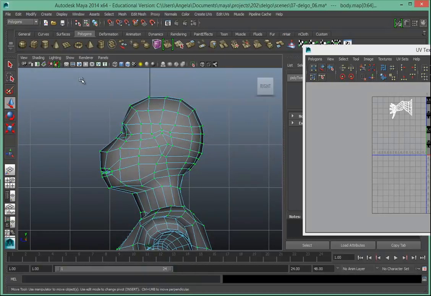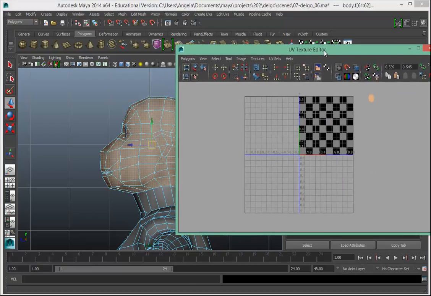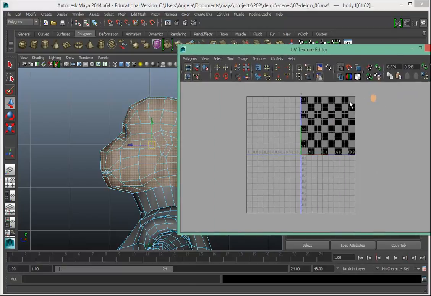All projections should take place in face mode. So we'll click and drag and go around and make sure that we've selected it in face mode. And if I've gone too far and I don't want to select the neck as part of the head, hold down your Control key and swipe through, and that will unselect your neck area and just keep the head area selected. You'll notice over here in the UV Texture Editor window, this is the head that's hanging out over here,